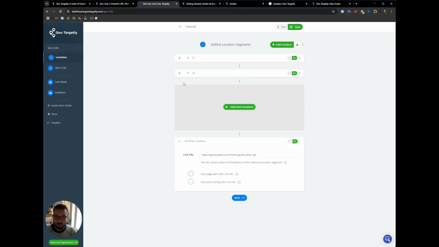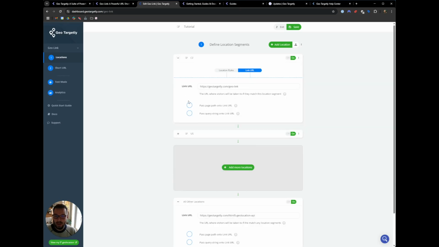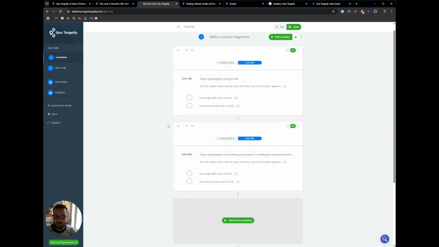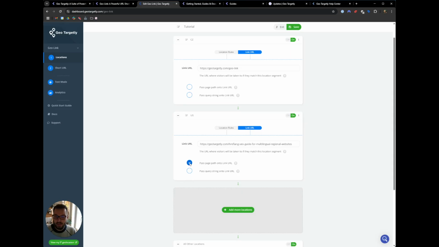Second thing that I wanted to show you is under each of the location segments, you have the option to pass page path onto link URL and pass query string onto link URL. Basically, what this does is you can create a geolink and then do an extension of the URL that is generated, and that URL extension will be carried over to where the user is